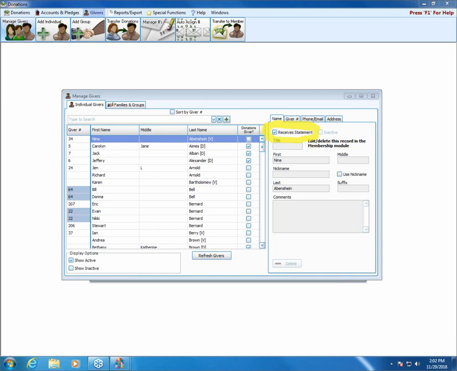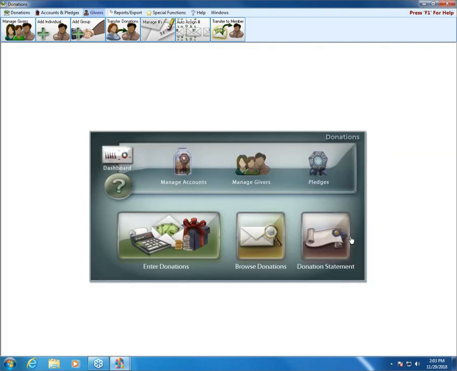If you're missing folks, go ahead and check and see if they've got that box checked. It might have gotten unchecked by mistake because it is right there when you first open Manage Givers. But it should be checked for everyone, especially if you are missing somebody. You want to make sure that that is checked. All right. So once we know that everybody who needs to get a statement has that checked,